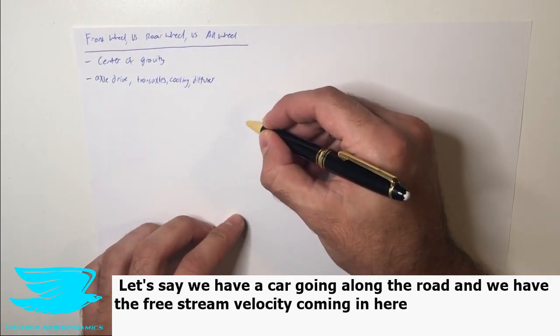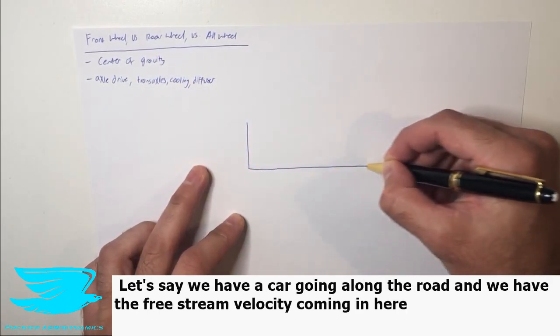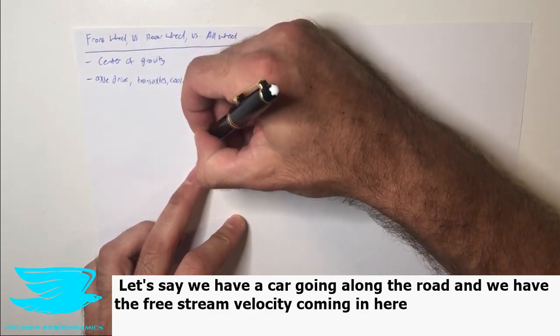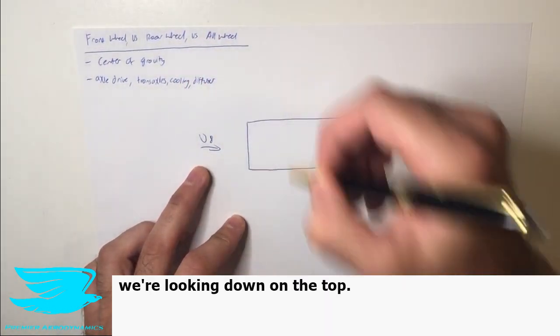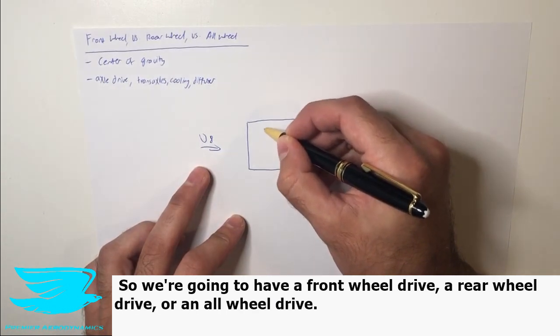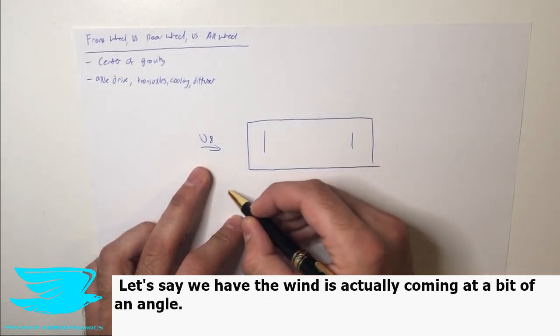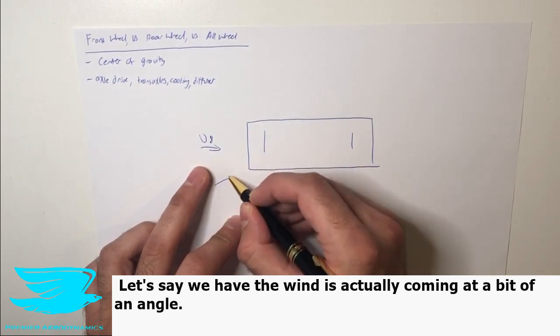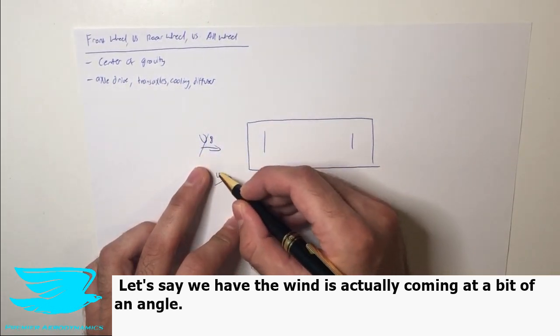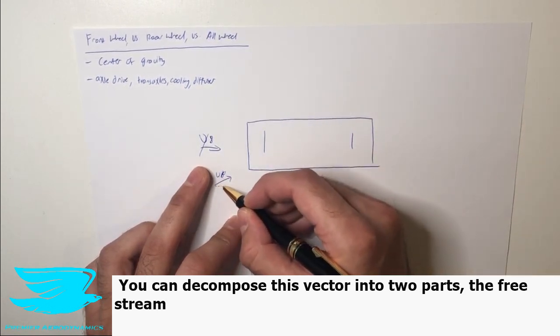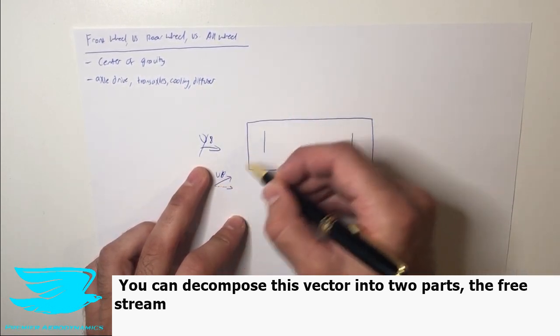Let's say we have a car going along the road and we have the free stream velocity coming in here. We're looking down on top. So we can either have a front wheel drive, a rear wheel drive, or an all-wheel drive. And let's say the wind is actually coming at a bit of an angle. So you can decompose this vector into two parts, the free stream, like the head-on one, and then the side